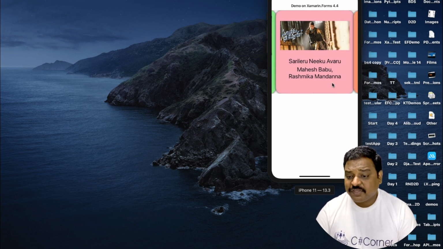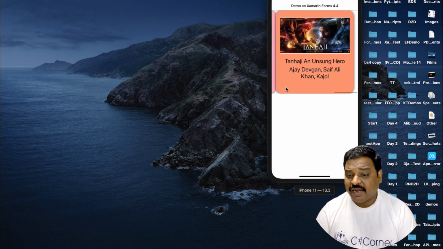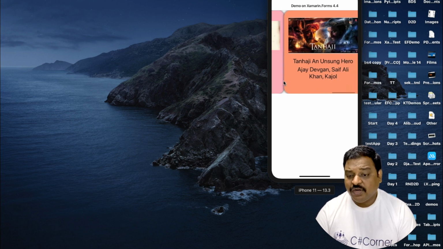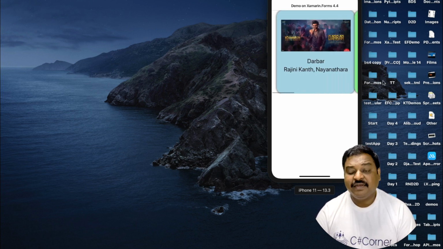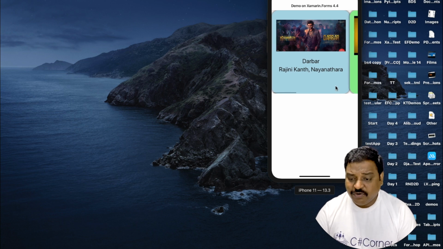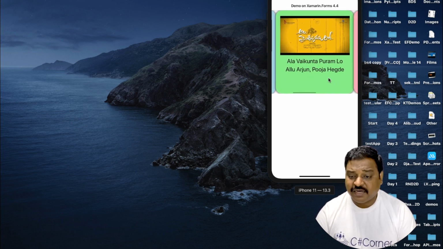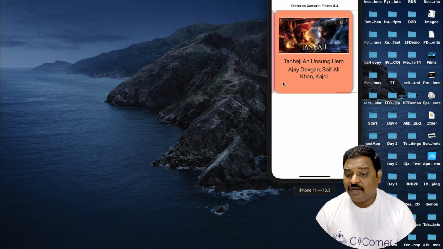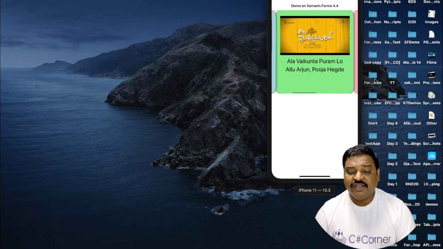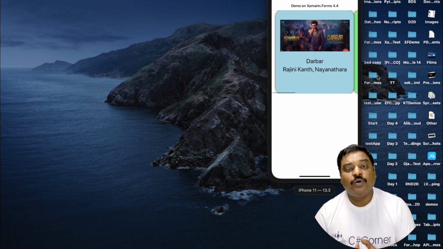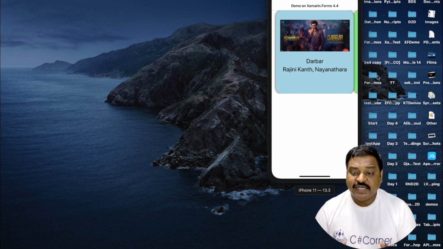It helps the user to understand that there are some items available, so it will help the user to slide the content. But if you observe, there is no gap or space between each item present within the carousel view. In case there is a requirement to add some kind of spacing between them, then what you have to do is